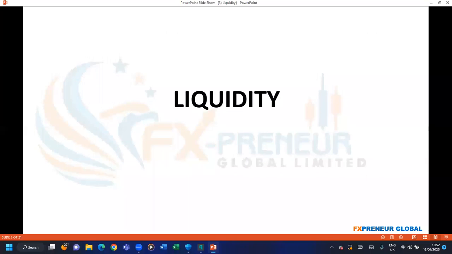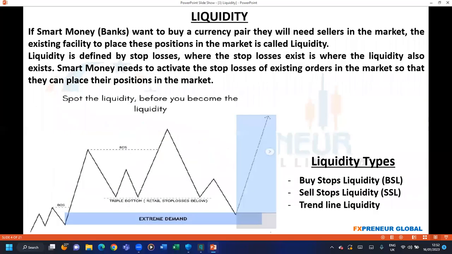We'll be looking at liquidity. What is liquidity? If smart money wants to buy a currency pair, they will need sellers in the market. The existing facility to place these positions in the market is called liquidity. Liquidity is defined by stop losses. Where the stop losses exist is where the liquidity also exists. Smart money needs to activate stop losses of existing orders in the market so that they can place their positions